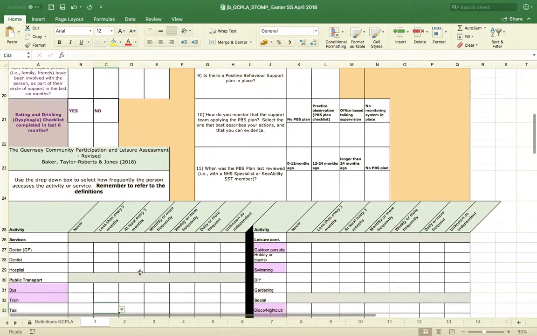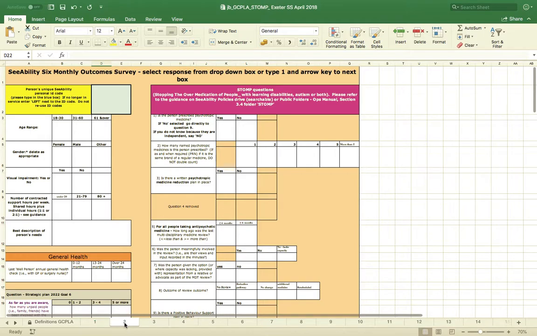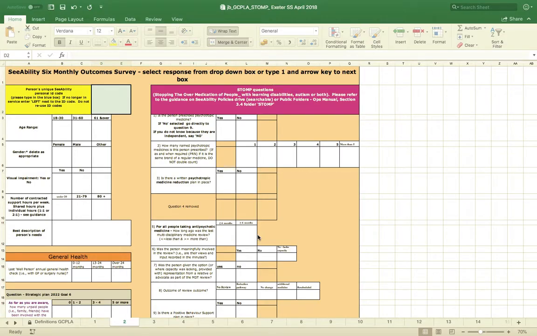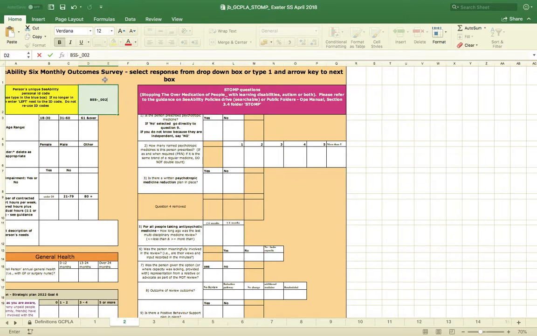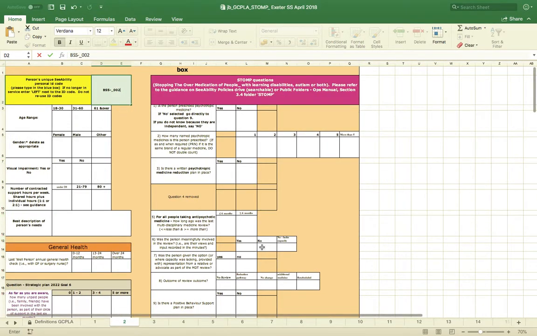Okay, so assuming now that everything here is complete for person 1, we're going to go on to person 2, and you're going to put in the person's code. So I'm sorry about that, I keep going to my hot corner. So let's say we're going into BSS 1_002. That's the new next person's code number. So we fill the whole thing in again,